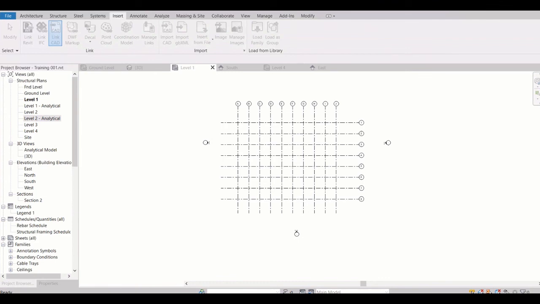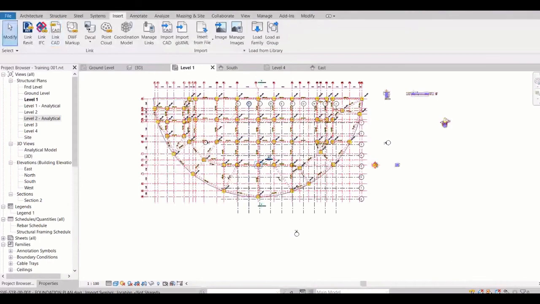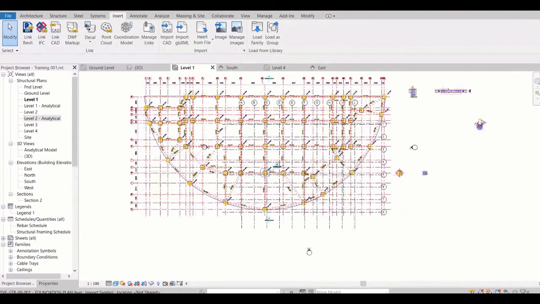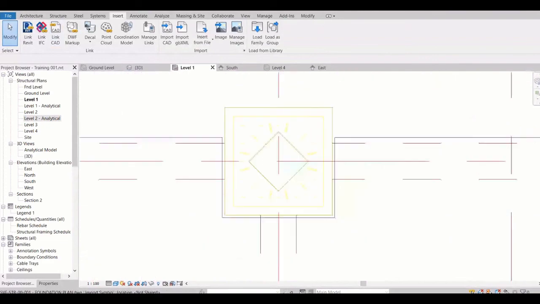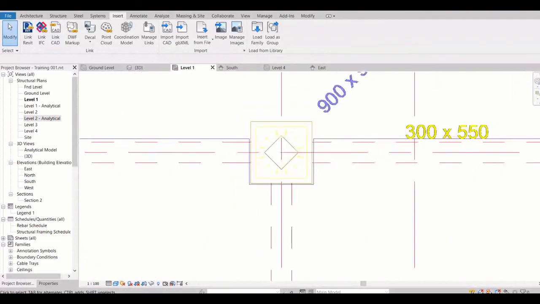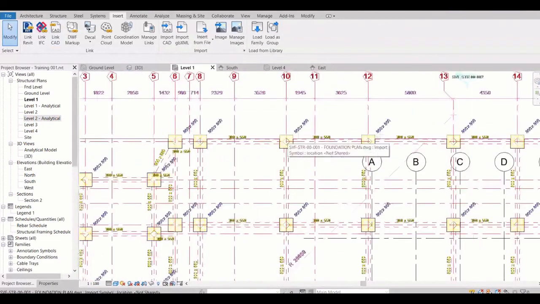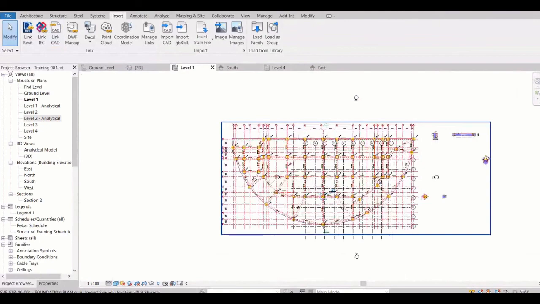Wait a while. See, so what it did, it put center to my geometry over here. And now whatever I want I can just see over here, right? And I can start with it as a base.